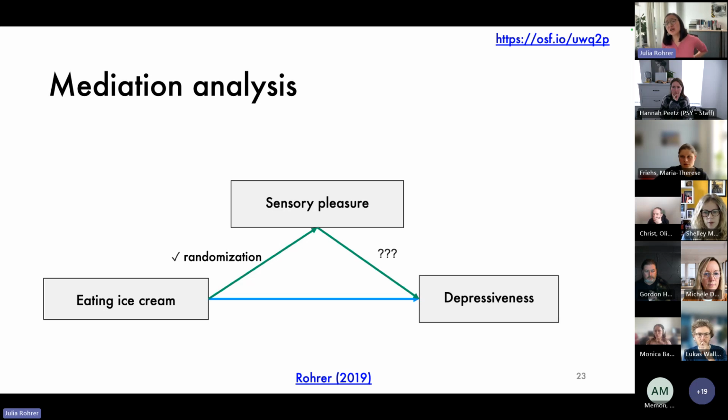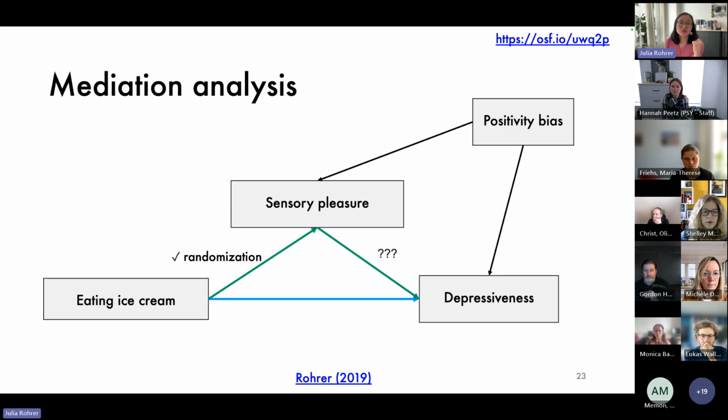The more complicated part is the effect of sensory pleasure on depressiveness. Because in our design, we have not randomized sensory pleasure, we've only randomized ice cream. And so sensory pleasure is still not randomized and could still be confounded in various ways. To give you just one example, there could be some sort of positivity bias going on here. People who give very positive assessments might say, oh yeah, this was super delicious, this was a great pleasure to eat. And they might also be more likely to say, no, I'm super cheerful, I'm not depressed